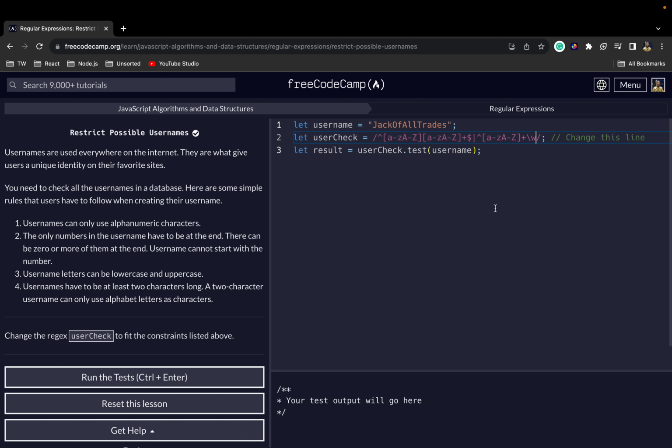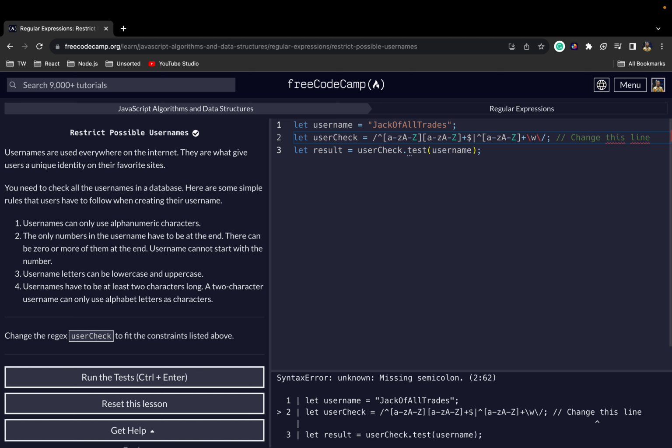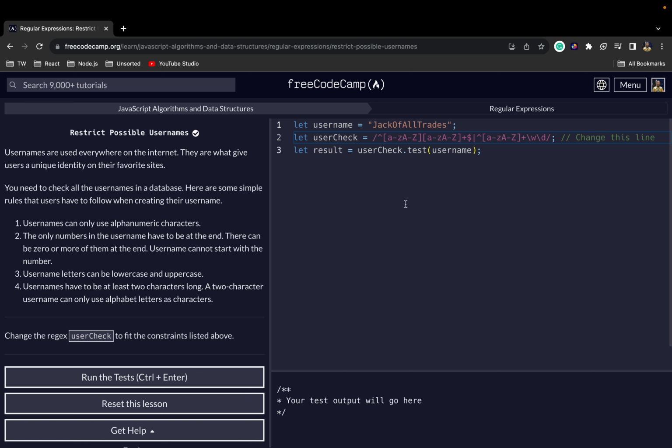So we are told, let's see. Yeah, the only numbers in the username have to be at the end. Okay, so if there are numbers, it definitely has to be at the end. So we'll say this, and we'll say \d. And let's bring our dollar sign to show that if there are numbers, they should be at the end. Okay, and now let's console.log the result. Let's see what we are getting. Okay,